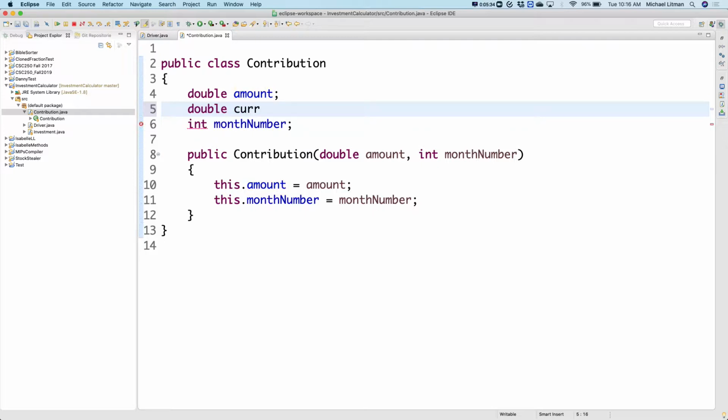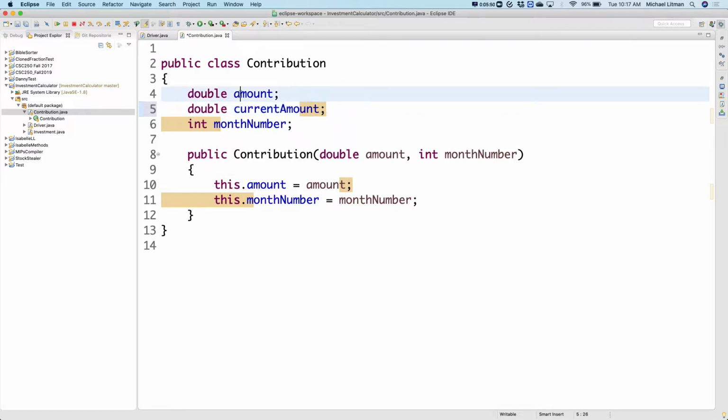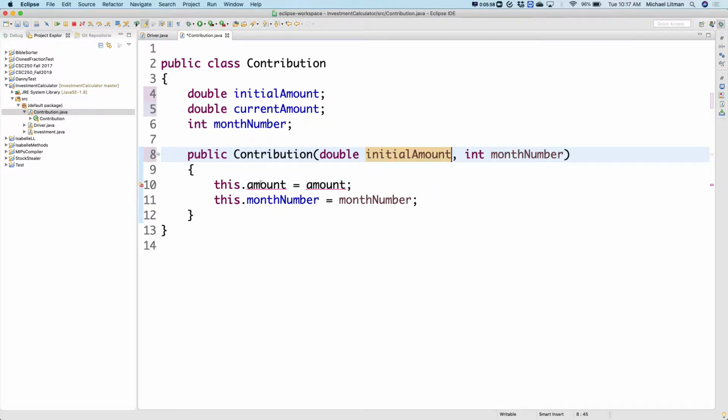I'm going to call this guy current amount, where current amount starts off as the same thing as the amount of the contribution. But the current amount, that's the guy that grows. That way I always have an initial amount. In fact, if we wanted to, we can call this guy initial amount. You didn't have to rename this if you didn't want, but I'll go ahead and call this guy initial amount,